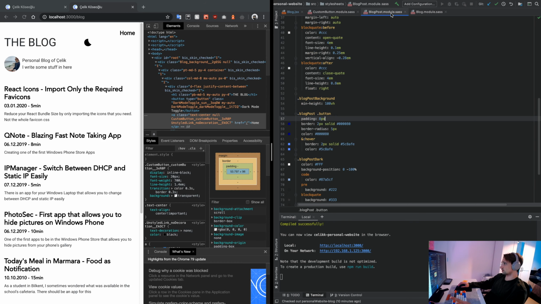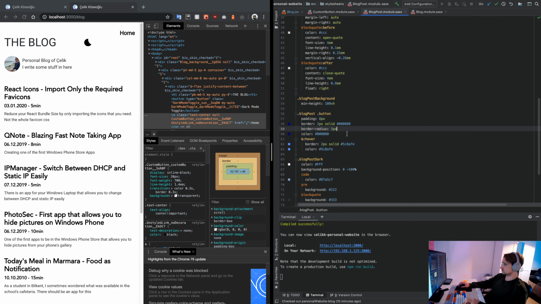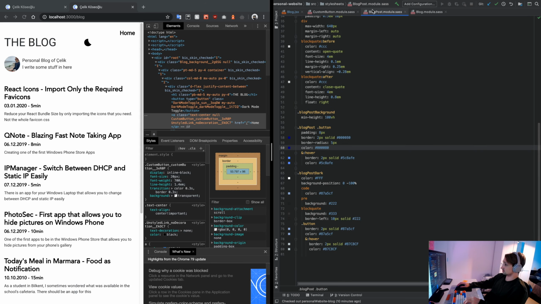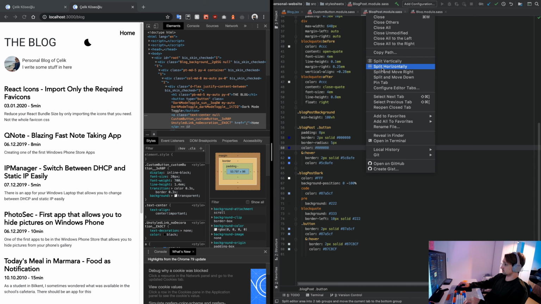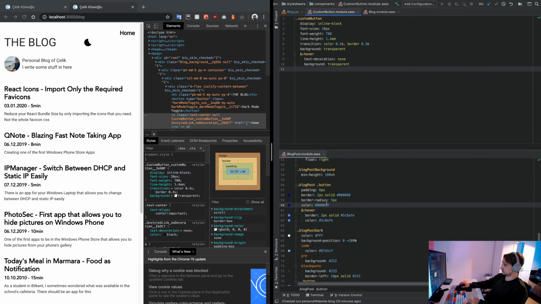Actually, no, I am better off putting this thing inside the custom button module.sas and removing them from here. So I'm gonna copy this. Well, actually, let's open these things horizontally, sorry. Let's put them side by side like this, and